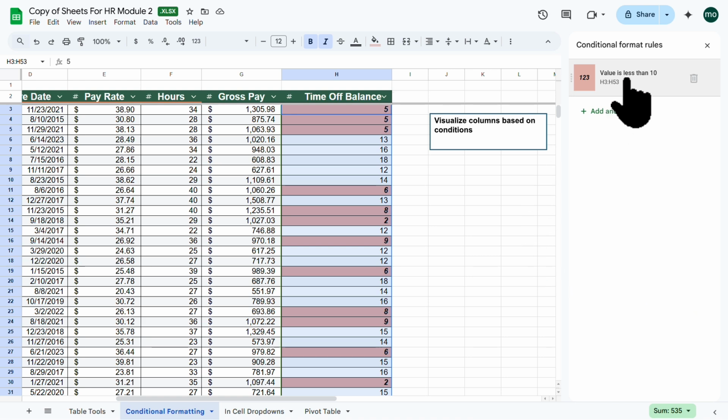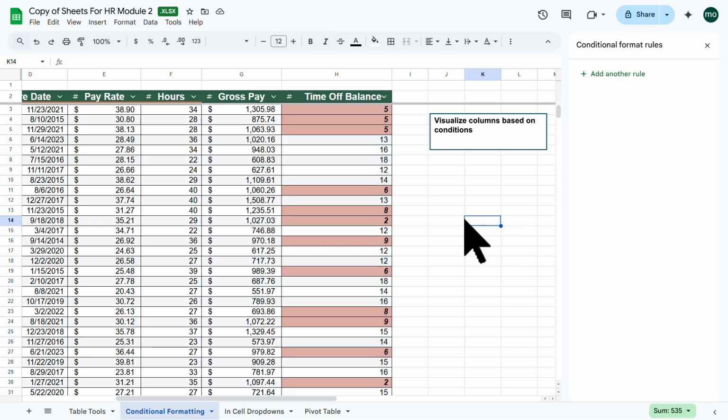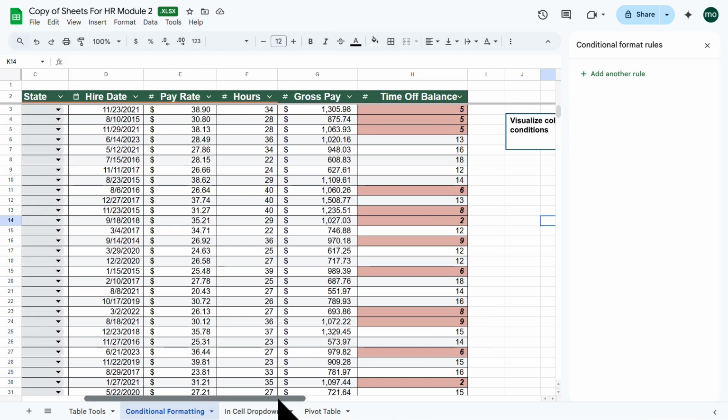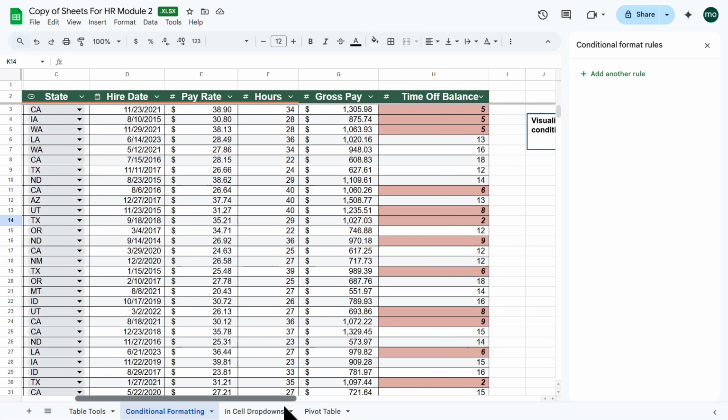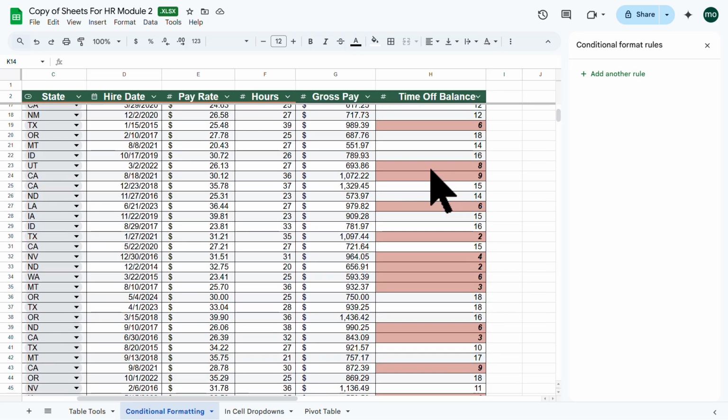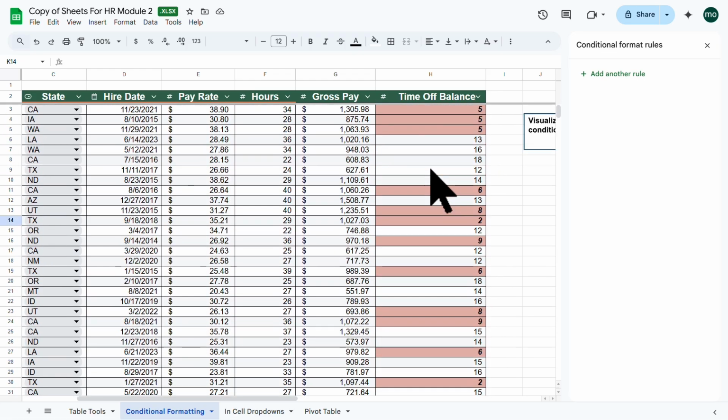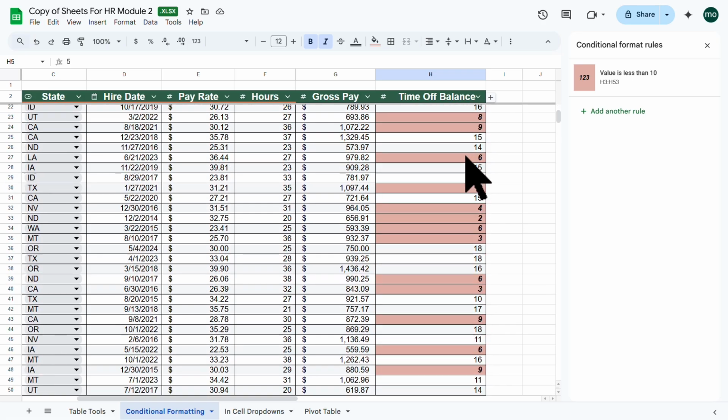So we can see that we now have a rule, and I can go ahead and add another rule if I want to. But now if I'm just scrolling through this data, I can quickly see which ones are standing out. So these first 3 here, the balances are running low. We need to notify them. Okay, your balances are running low. You have another 3 months, so just use them wisely. Or we may say,